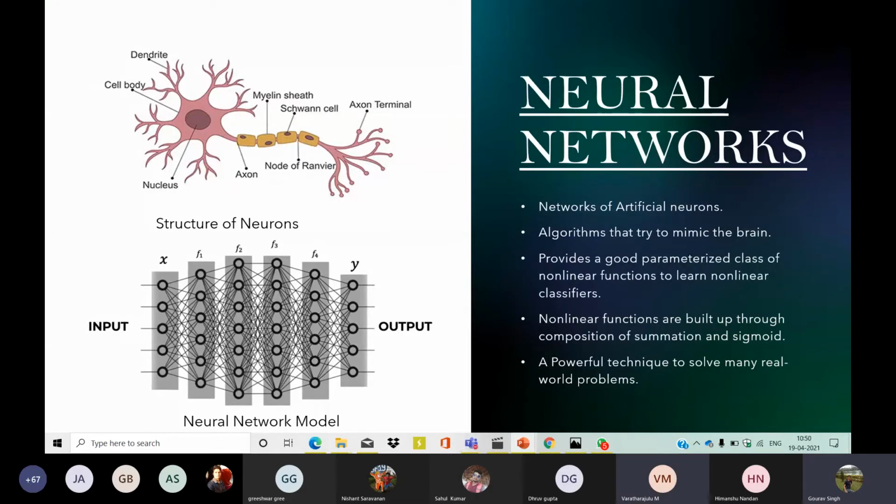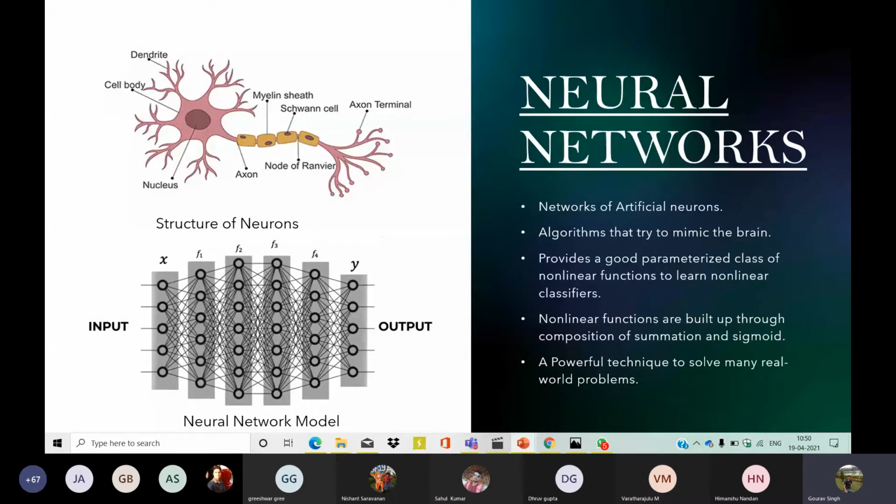Let's look at how a neural network works through its representation. We can see the structure of a human brain neuron. We can see the dendrite there. The dendrite can be considered simply as an input wire. We have the axon. Axons can be considered as output wires through which several networks of neurons are connected and the message is sent. That's how it works. In a similar way, engineers and researchers have developed the neural network model. We can see we have a network of neurons here.